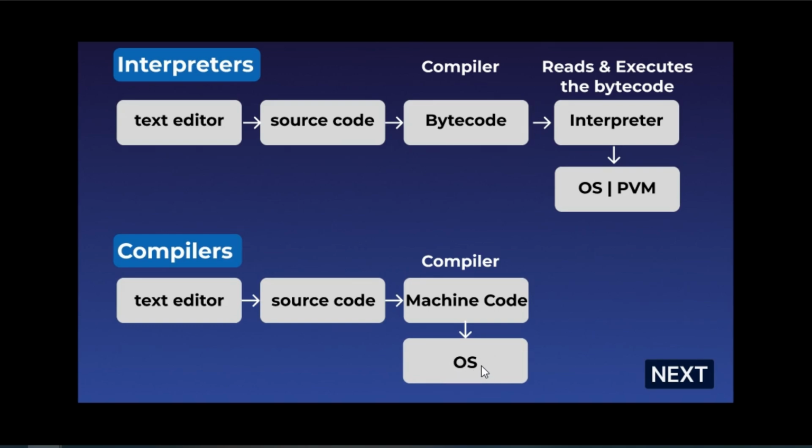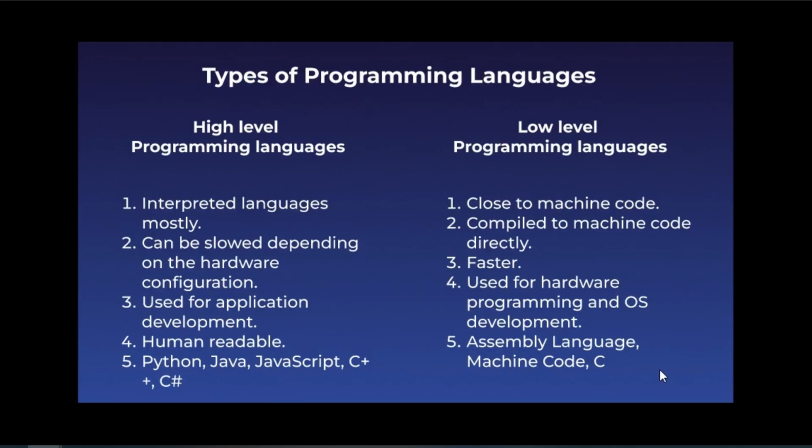you produce your source code, and then the minute you run this on your terminal, the compiler would produce machine code directly, which is the language of the machine. And then you can use that .exe file to execute directly using the operating system.